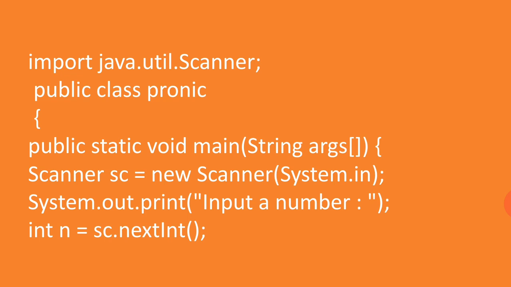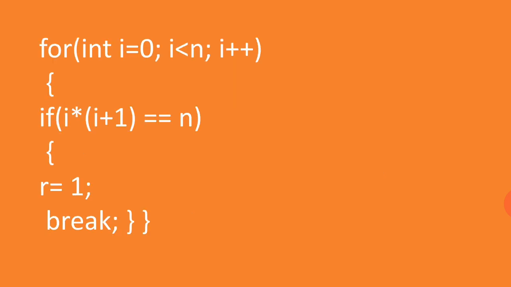Okay, so that was the class definition and the main function with the declaration of the variable and then input of the variable. Alright, and don't forget to make the object of the scanner class. For the scanner class you need to import the util package which is inside Java, and be specific, so you will write import java.util.Scanner. Scanner is a class, you can notice the S was capital.